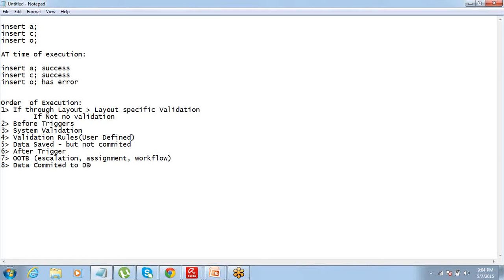So if I have to make that long story short, before triggers happen, then system validation, custom validation, data saved, after triggers, OOTB rules, and then data gets committed to the database.